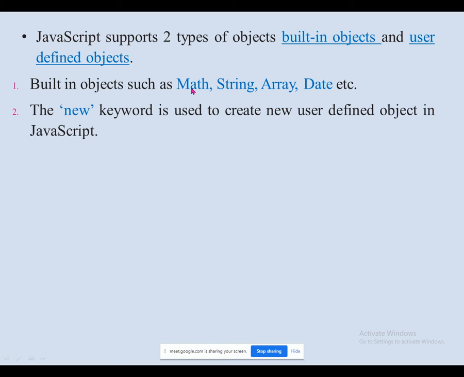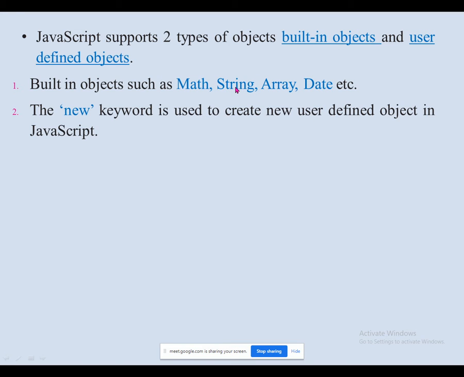So many ready-made math functions are there. As you may remember the pow function, बहुत बार मैंने बोला है pow function. Pow function is what? To calculate the power of any number. Raised to 3, raised to 4, raised to 5, raised to 10, raised to 100. So whatever power you want to calculate. So here Math object में बहुत सारे ready-made functions available हैं.